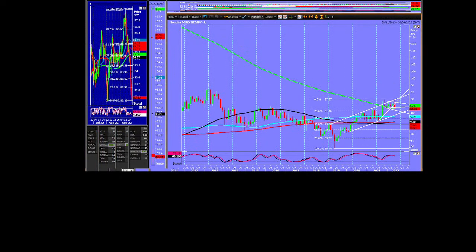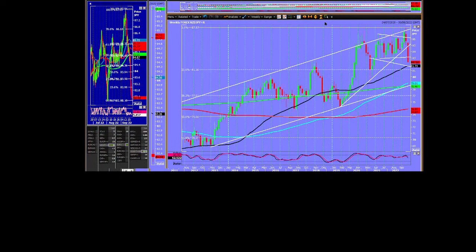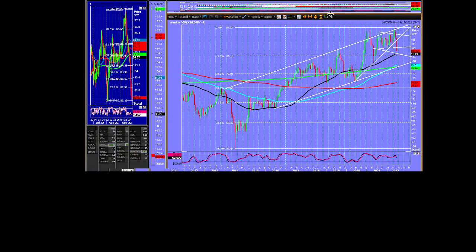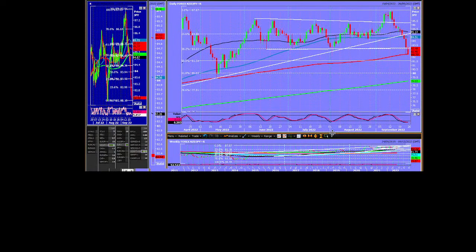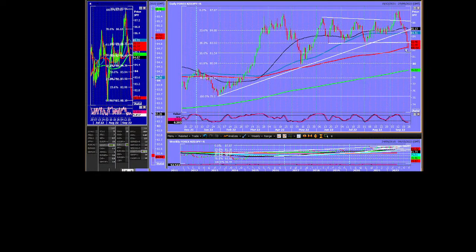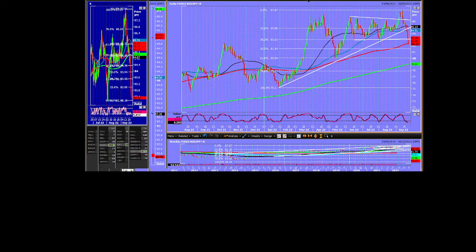New Zealand dollar versus the Japanese yen. Weekly chart. This has actually been quite kind to us, hasn't it? Was this the one? No, it was the New Zealand dollar versus the CAD. Again, 200-day moving average doing its job as support there. So I guess if that breaks, we've got the low here at 82.09.